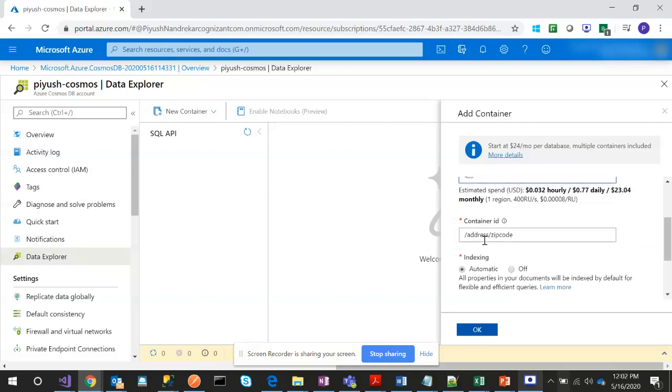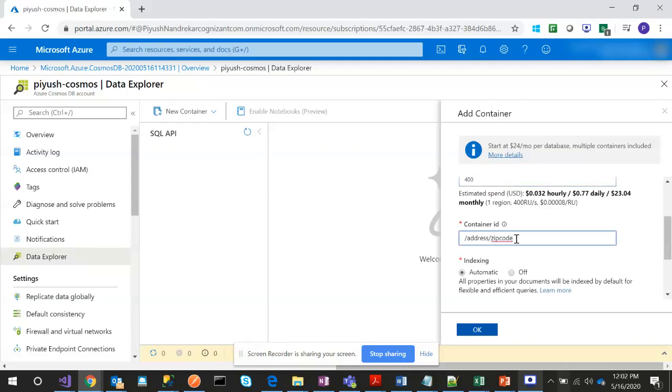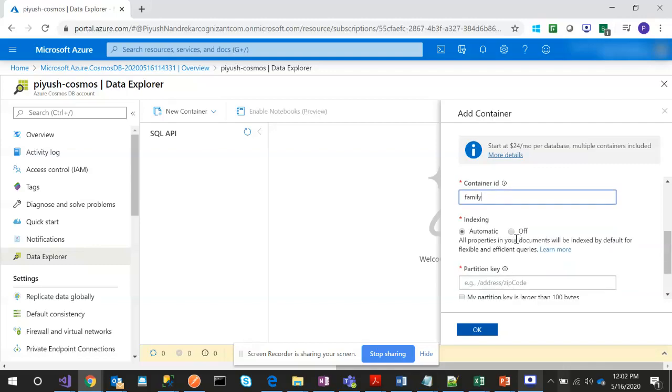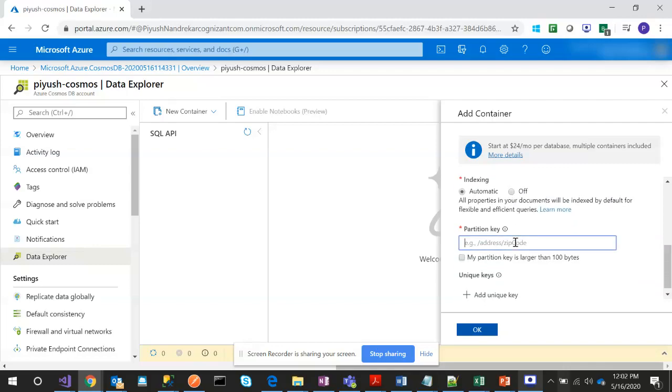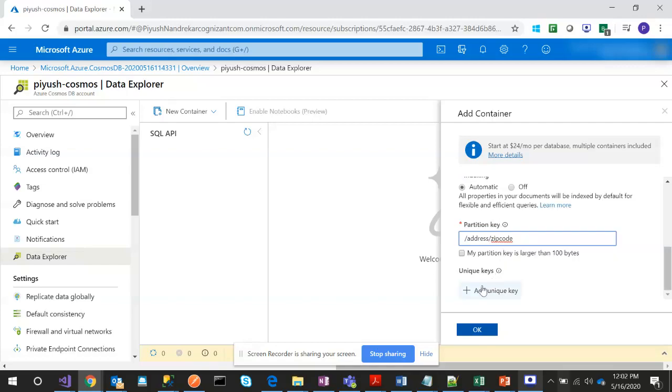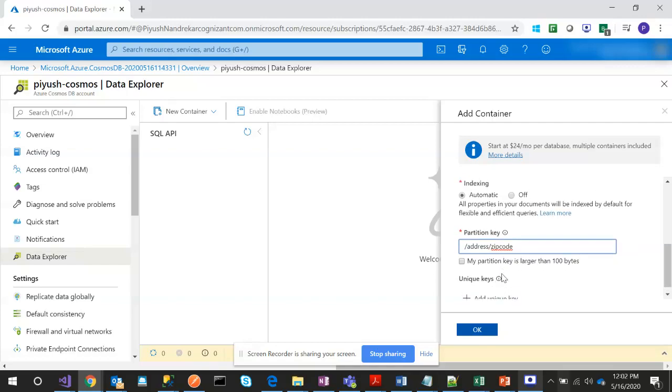Sorry, I have entered the container ID as address zip code, which is incorrect. Actually, the container ID should be family. Then I'm entering the partition key as address and zip code, and I don't want to mention any unique key over here.